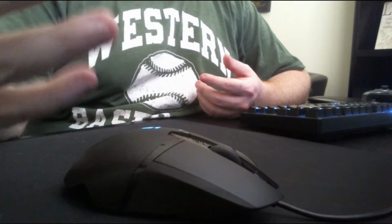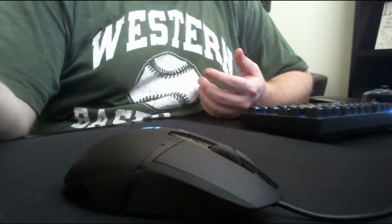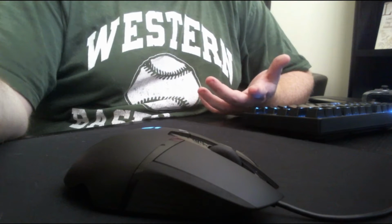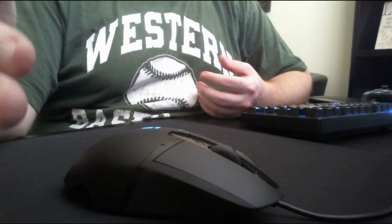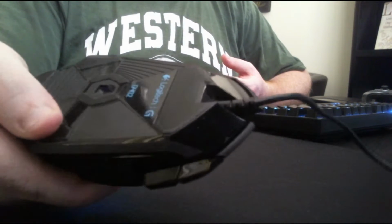So that's another big plus of this mouse to me. And last but certainly not least about this mouse, let's talk about what's inside of it. Some people will not buy this mouse because they're like, oh, it's the cheaper, crappier version of the G502, right? I don't want that mouse. It doesn't have a 3310 or a 3988 or a 3360 in it. I don't want that mouse. Wrong. Dead wrong. This actually uses an AM010 sensor in there,